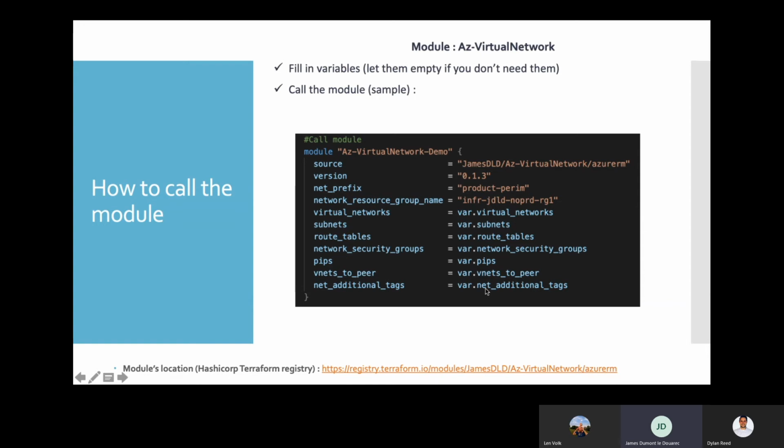The last one is about tag management. If you provide a tag value here, it will add tags on the resources in your resource group. Actually, it can take the tags of the resource group and inherit those tags to your resources, but you can also add additional tags. So this is the point of this variable.